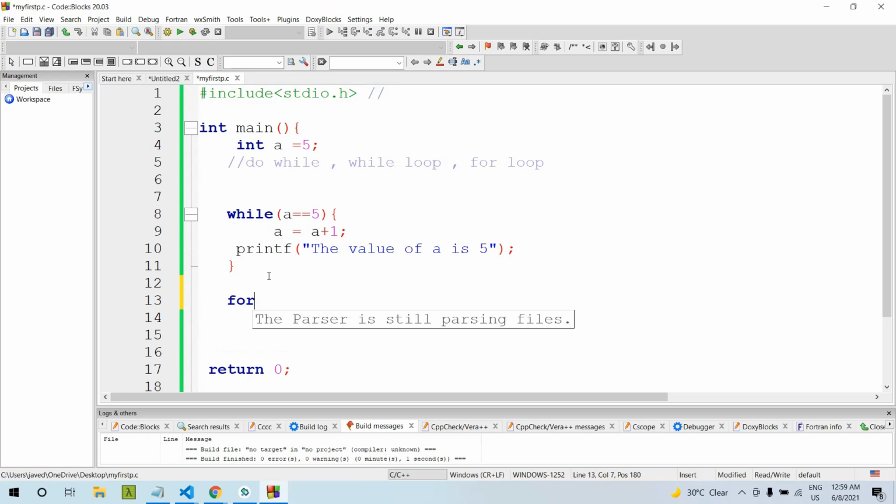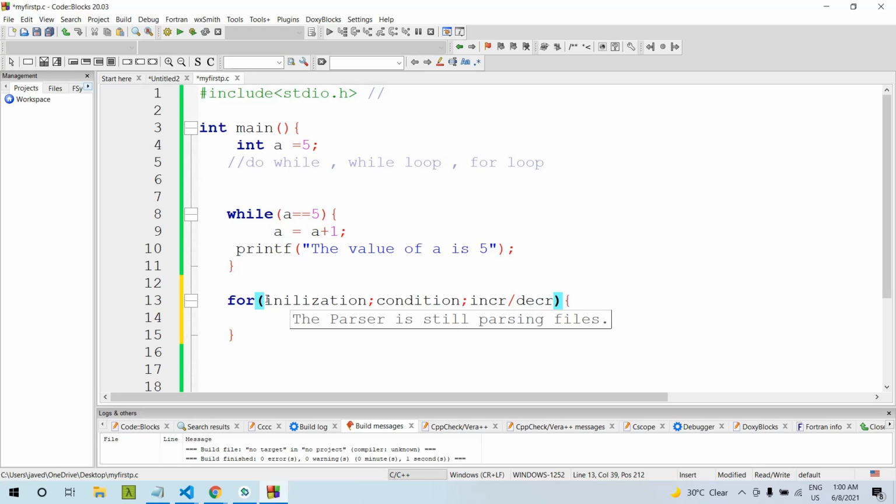Now we will look into the for loop. The syntax of the for loop is this. A for loop has three phases: the initialization phase, then the condition, then increment or decrement.